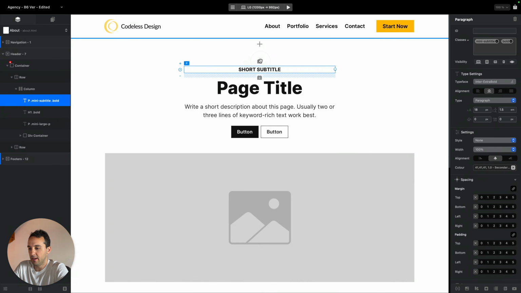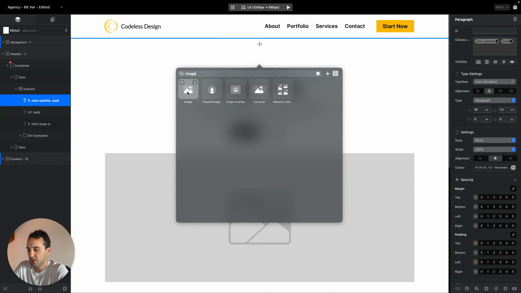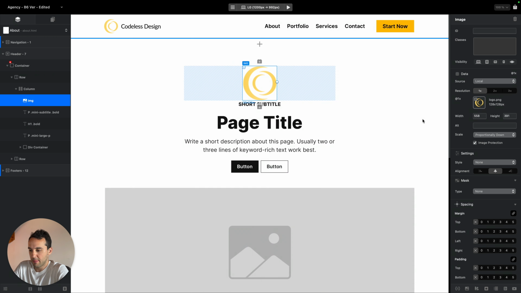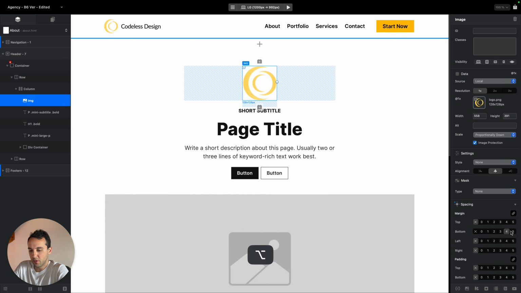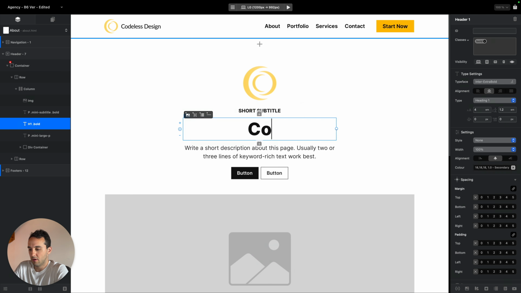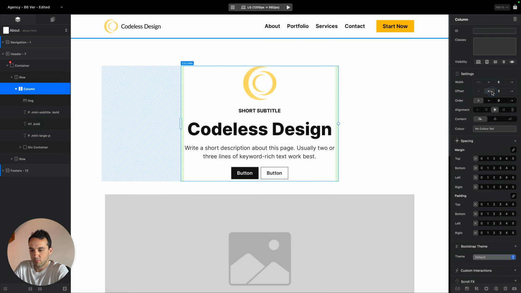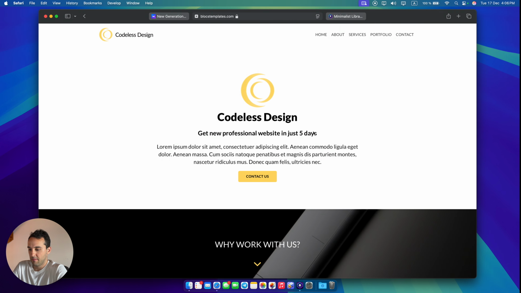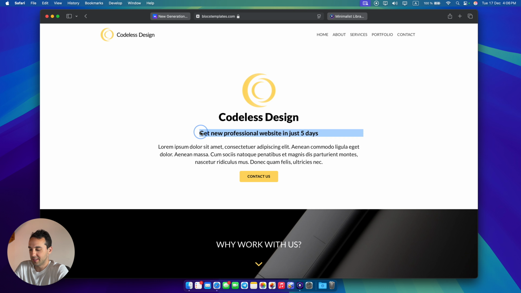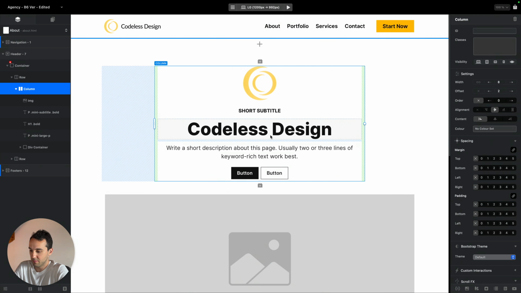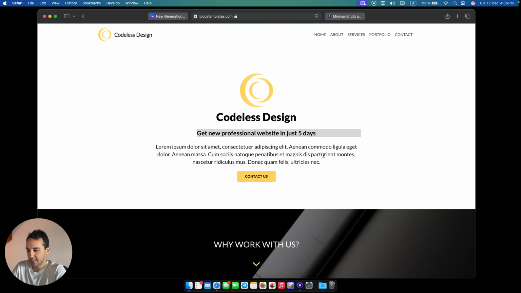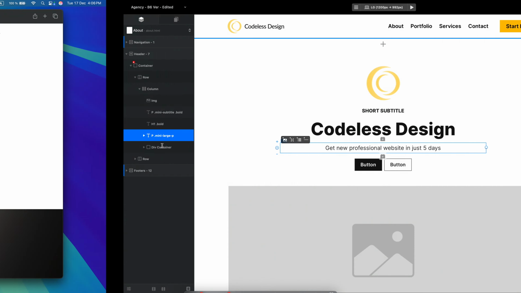So let's add the image here. Image. I will add some spacing below. Codeless design. And I don't have any text here, so it means I need to write it again, but we'll type something very quickly. Get a professional website in just 5 days. And for the text,